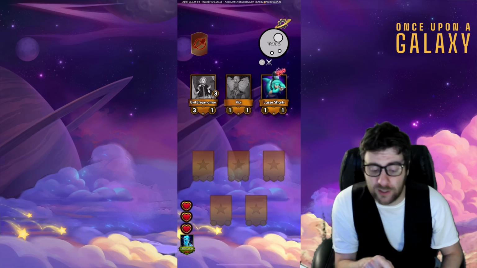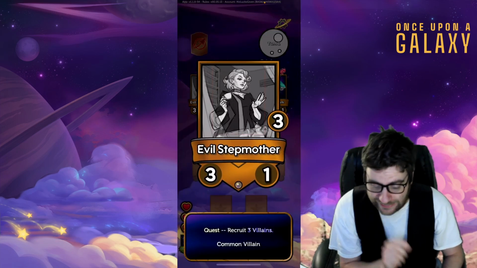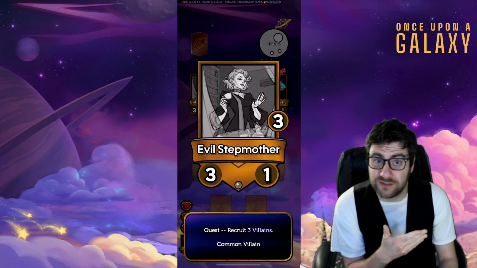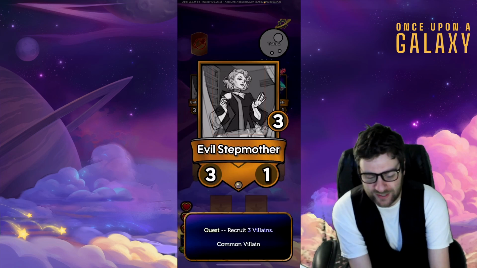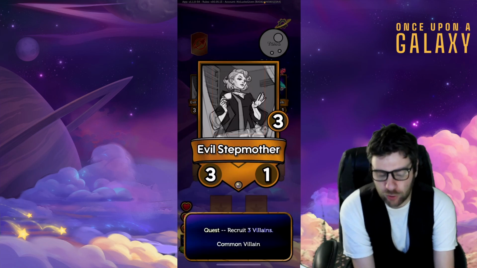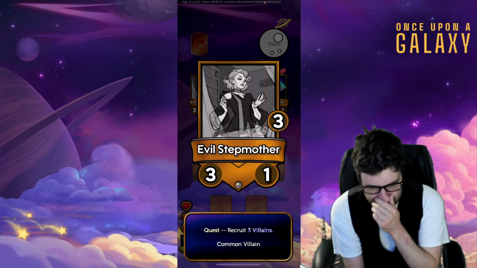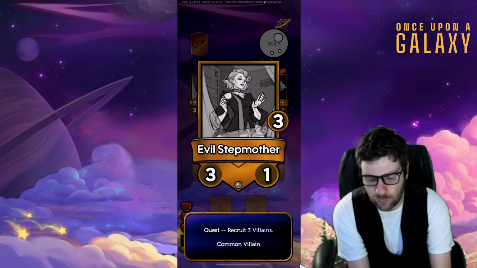But what I'm going to wind up grabbing this turn is a questing character that is the Evil Stepmother. She's a common villain, 3/1, so best stats out of the options in the current shop, and she also has a quest ability that allows you to grab a treasure by recruiting, aka purchasing, 3 villains. And it's going to be a pretty easy quest to complete,